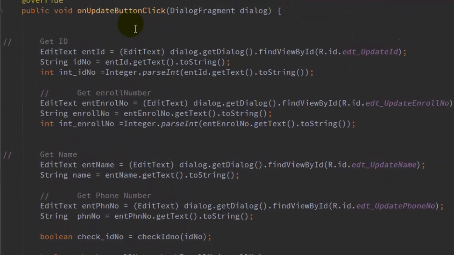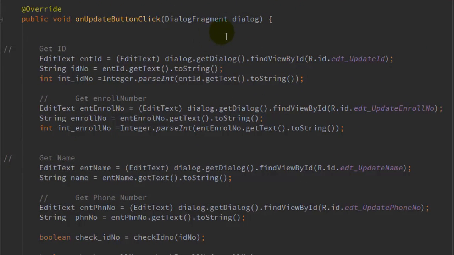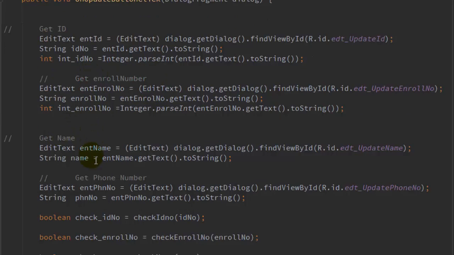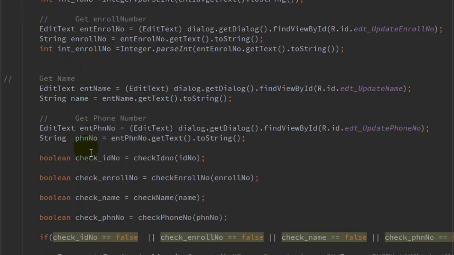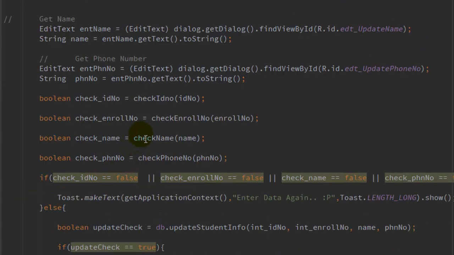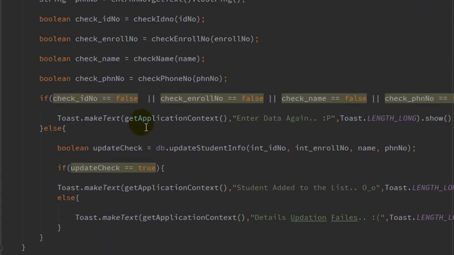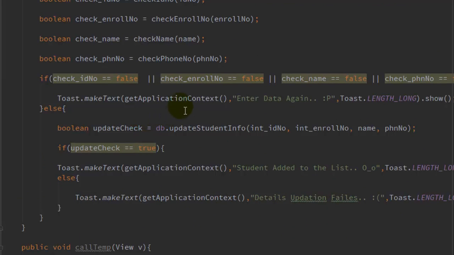and on the update button click, what will happen, we will fetch the information that the user has inputted. We will fetch the id, the enrollment number, the name of the student, the phone number of the student. After the validation, if all the validations are perfect, then we will pass this information into the particular database handler class. So what the DB handler will do, in the DB handler we have to implement